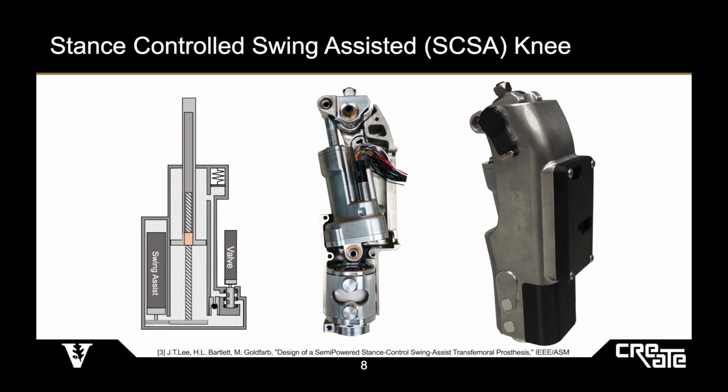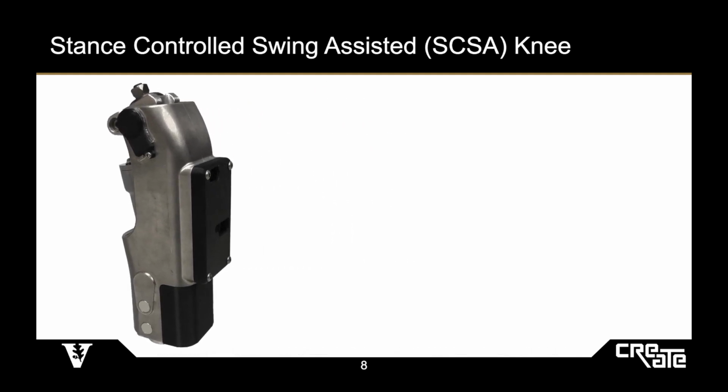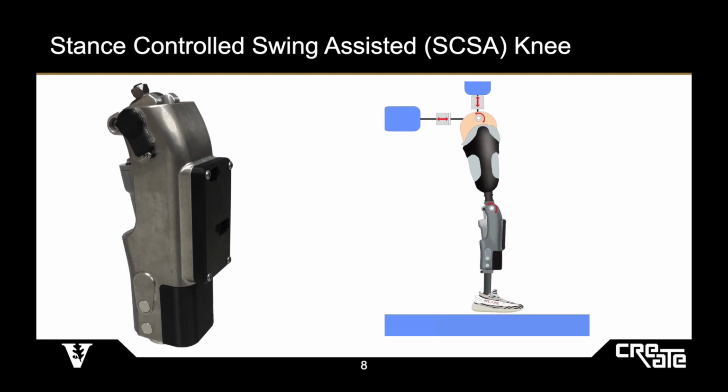And while I would love to talk more about the mechanical design of this system, this, along with level walking and perturbation recovery, was covered in depth in a previous publication. Importantly, the resulting device is our attempt to balance power and impedance in a fundamentally different approach to knee prostheses. Using a smaller motor and transmission, we maintain the low output impedance required for more nuanced intent sensing and passive